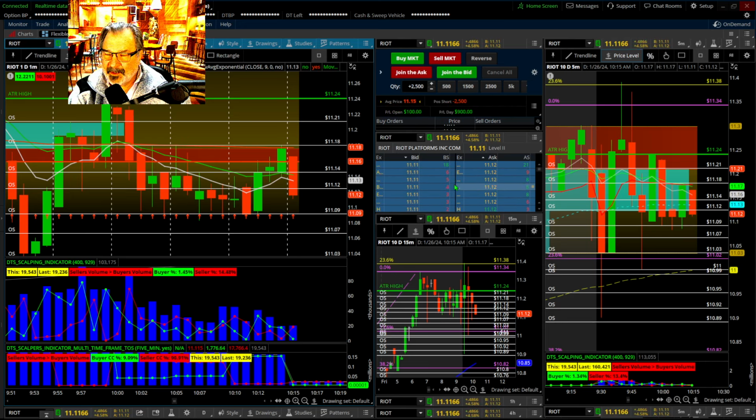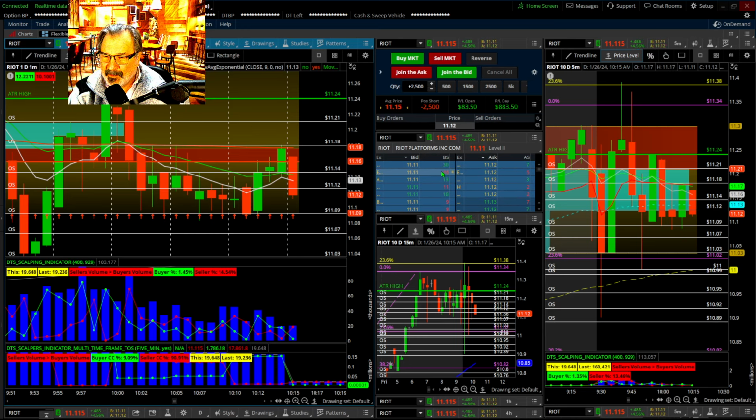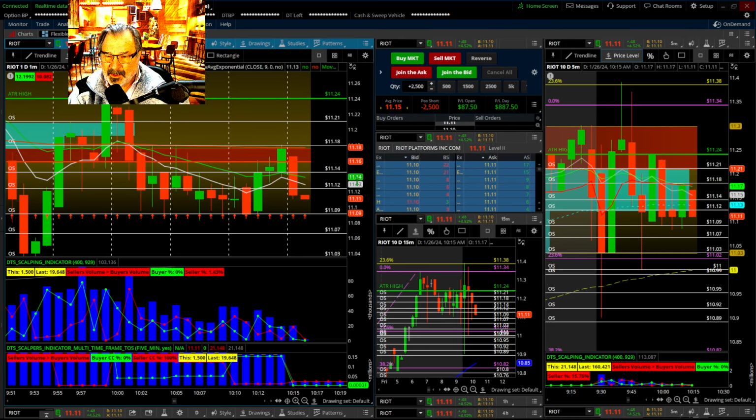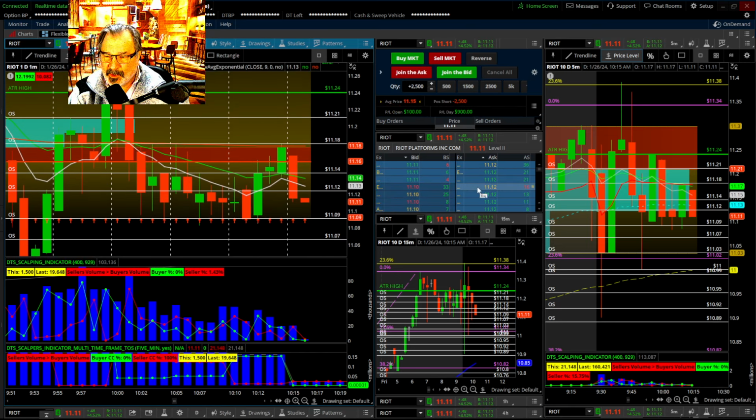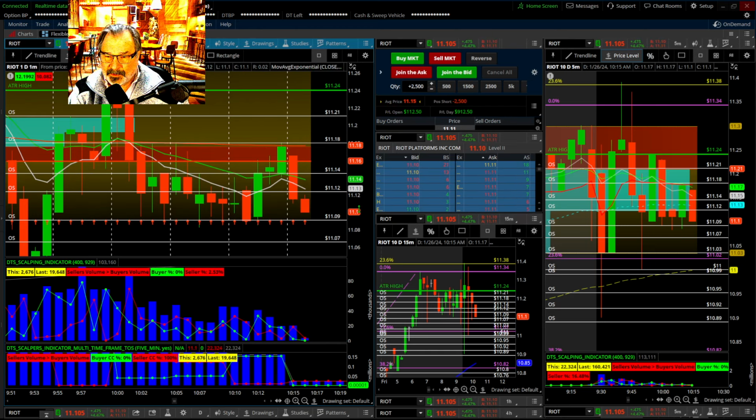Level 2 kind of evens things out. Remember, you multiply these by 100. That's why you don't have a problem filling 2,500 shares. And there are so many hidden buyers and sellers, even on these stocks. Since they changed the rules for the dark pools, they were trading GameStop when that whole thing happened. They trade the little stocks,